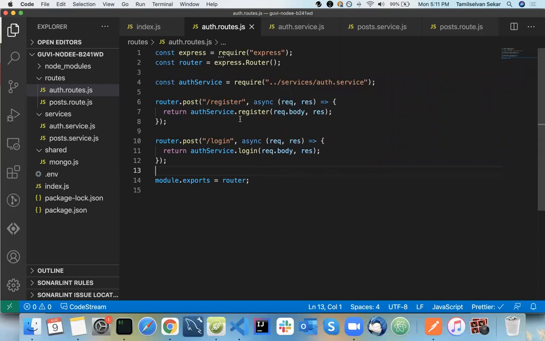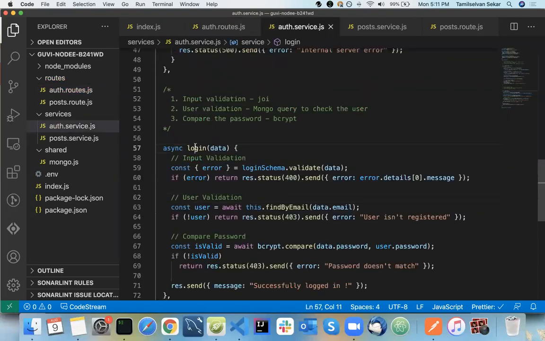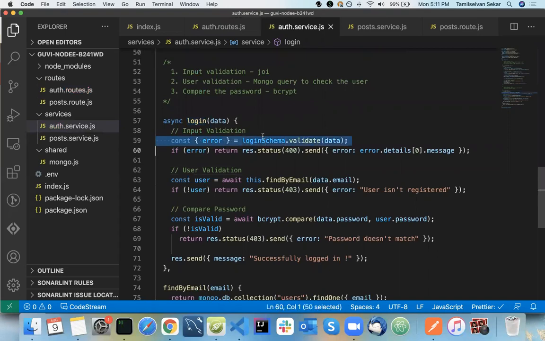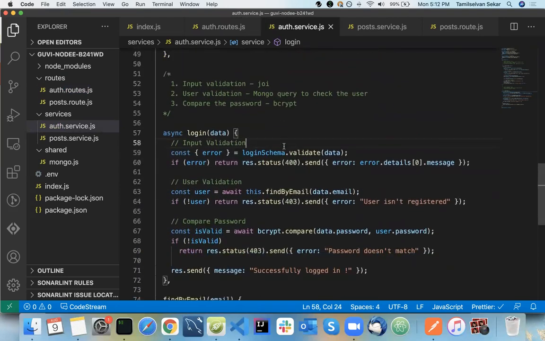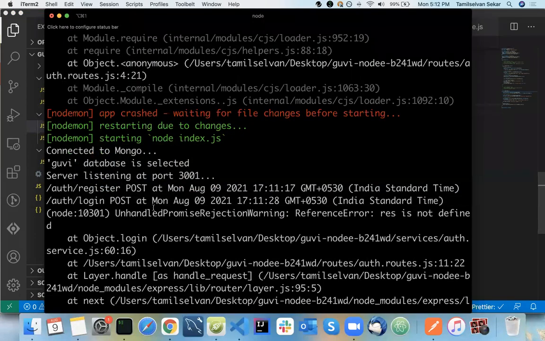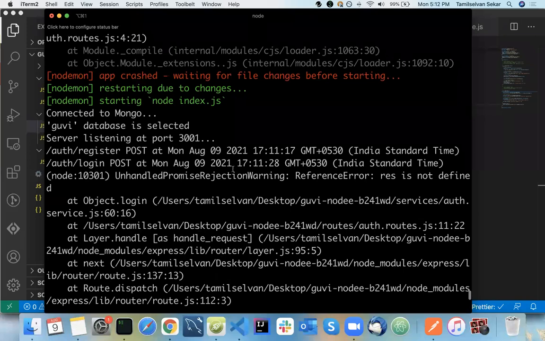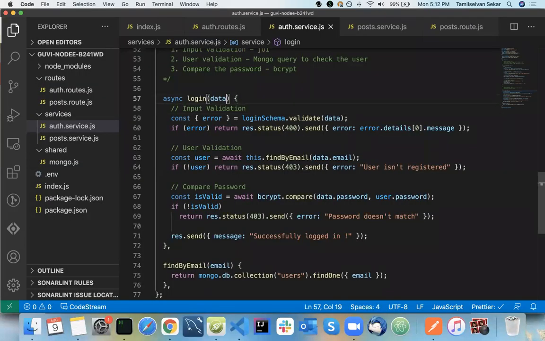Am I missing anything? So I don't need a sync here. So authServices.login, and it will come to the login here. And I'm checking the loginSchema.validation. And what did I miss here? So result is not defined. Sorry, here I missed to have result. Okay, so